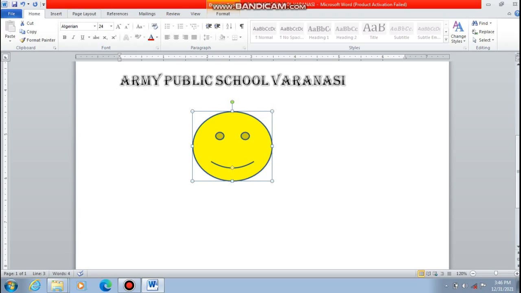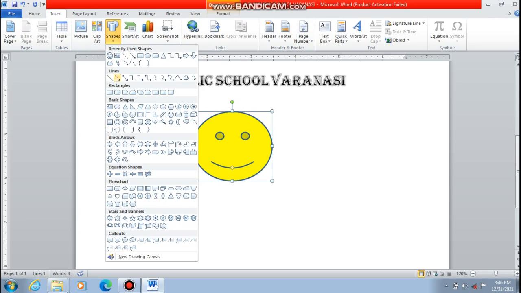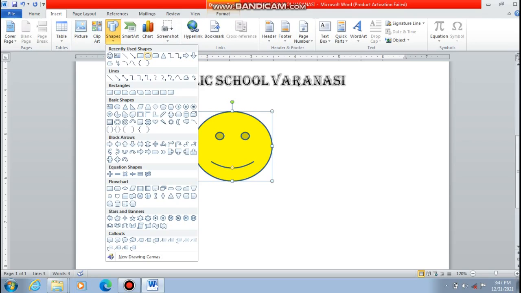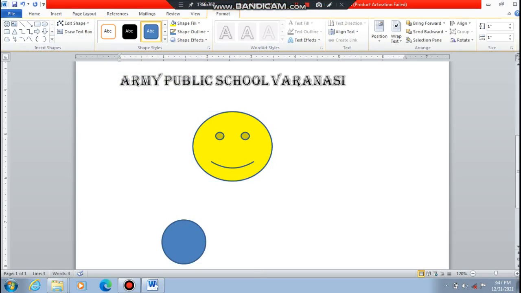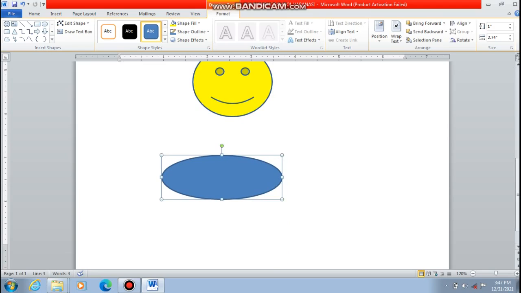Similarly if you want to insert any more shapes, you can insert from here. Just go to insert. You must have seen that when teachers give you an exam, they give you a box to write text inside. So how do we add text? What we generally do is go to shapes and insert a shape. Whichever shape I need, suppose I need this oval shape, and wherever I click, that shape will be posted accordingly. Now I can increase and decrease the size of this shape according to my requirement. I have increased its size. You can change its length, breadth, height, whatever you want. So I'm changing its size like this.